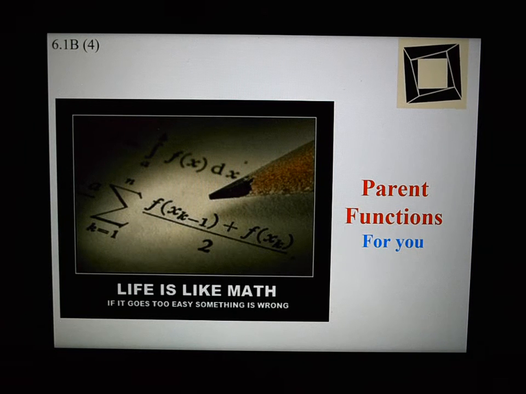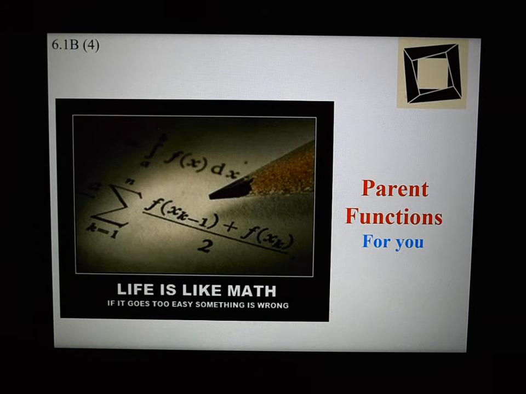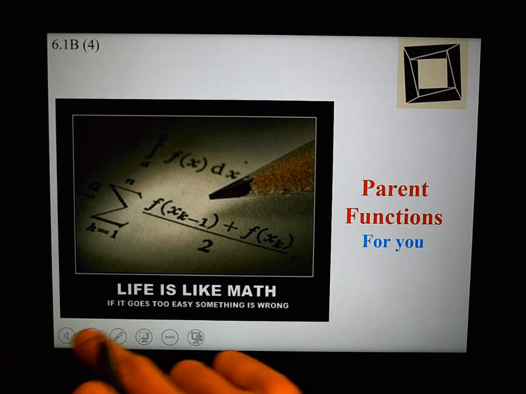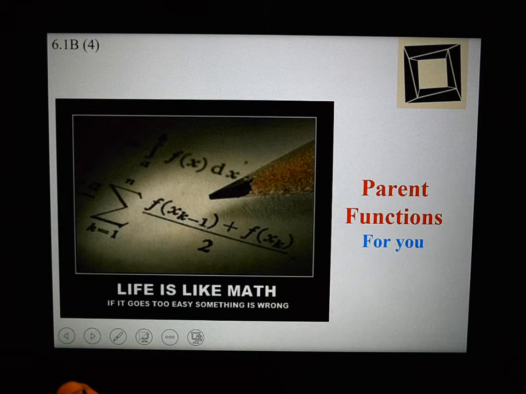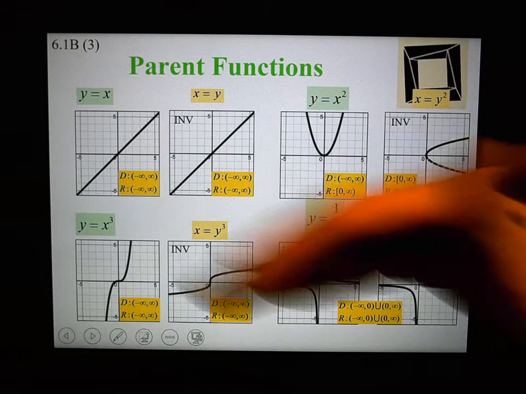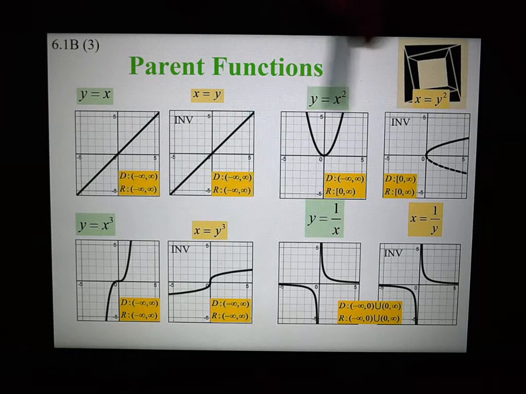I'm going to try to attempt to give you your notes today so that you know what you're doing on the 6.2. But before I do that, I wanted to show you what's here on 6.1b, which is in your notes. I have provided for you some of the parent functions. So everything that you graphed